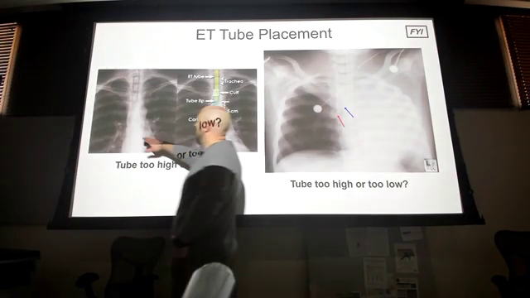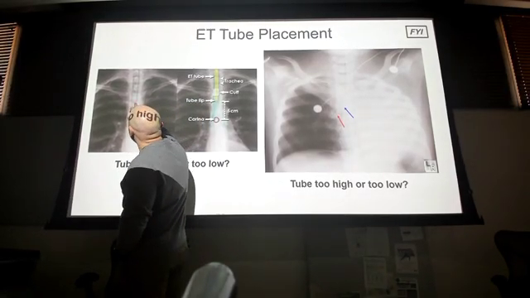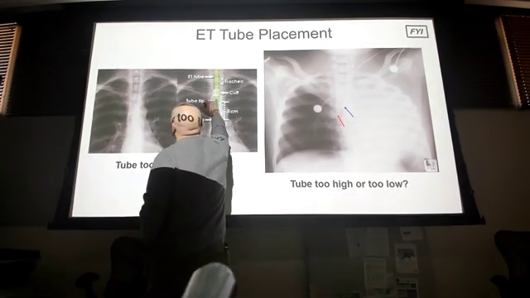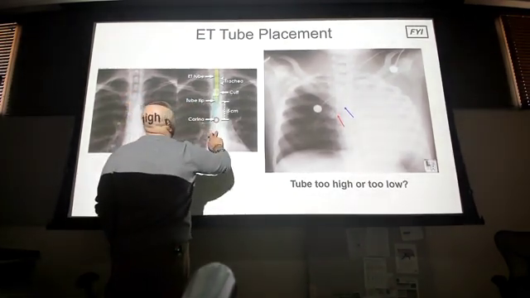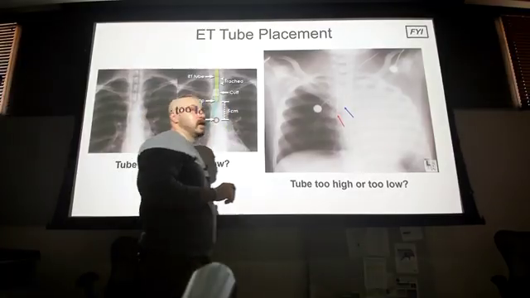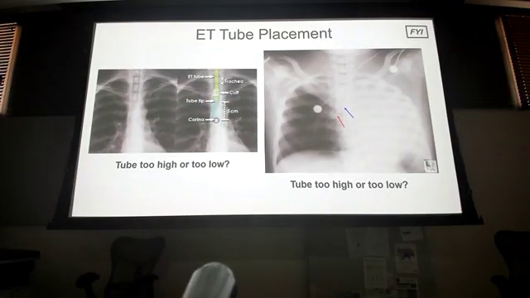Looking to find my carina, or right here, it bifurcates, and then my ET tube is this radiopaque line right here, kind of overdone, you can see, and then carina is down here, so 5 centimeters. How do you measure that? Well, your tape measure now. So you'll pull a tape measure on the x-ray itself, the digital ones, it'll have like a little tool that looks like a ruler, and you can measure that, right?